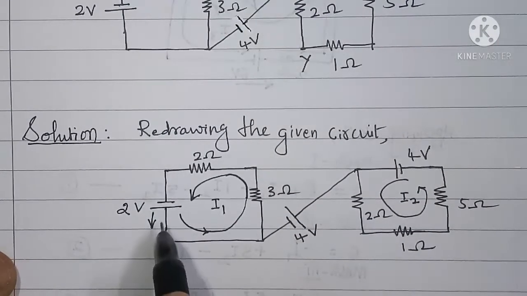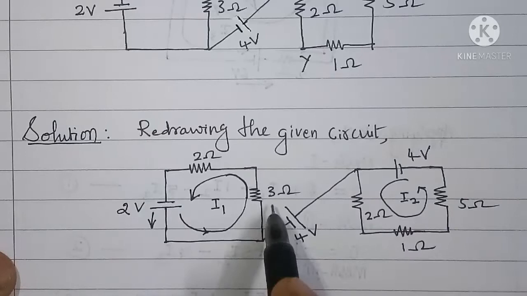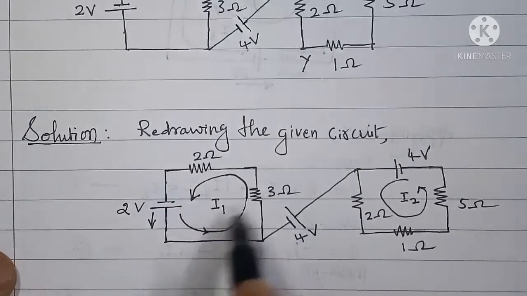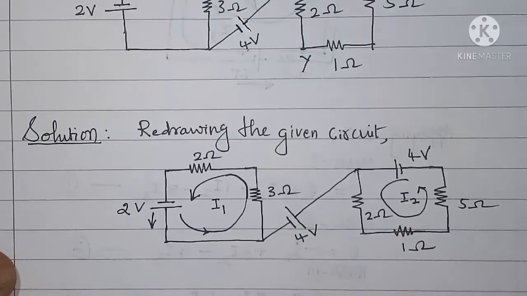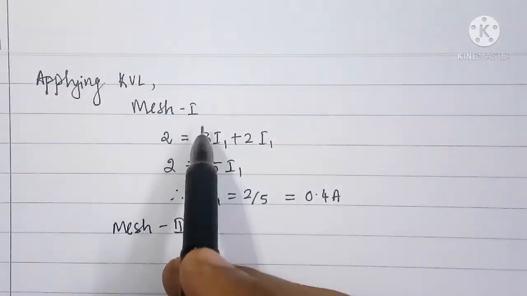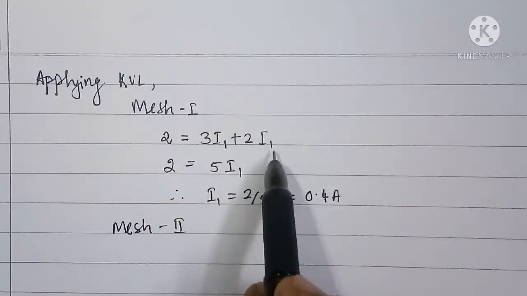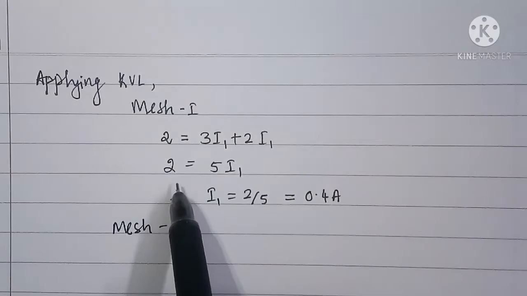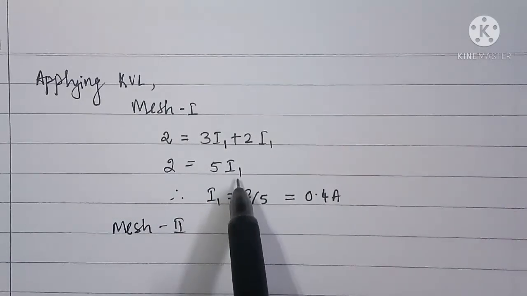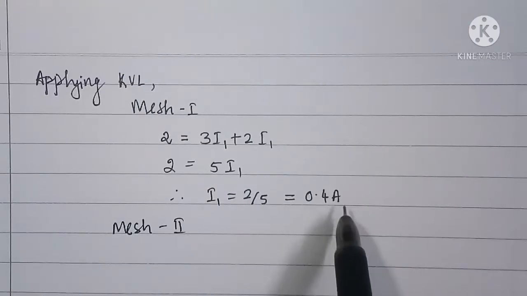In mesh 1 we have a voltage rise equal to 2 volt. So 2 volt is equal to I1 into 3 plus I1 into 2, that is I1 into 5. So 2 equals 5 I1, and hence I1 is equal to 2 by 5, that is 0.4